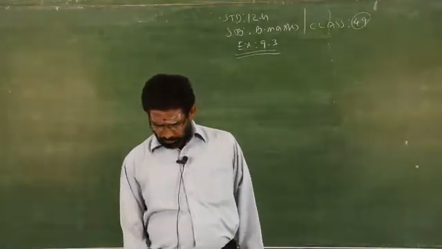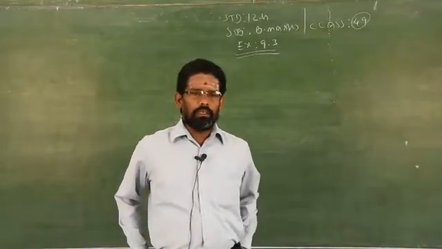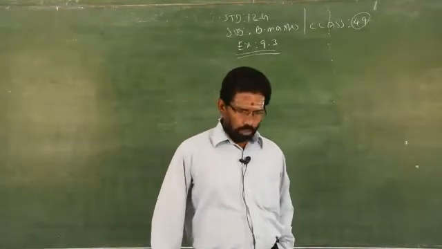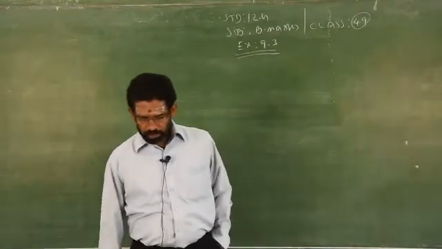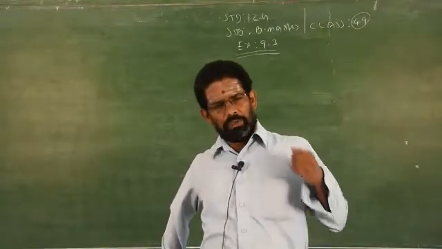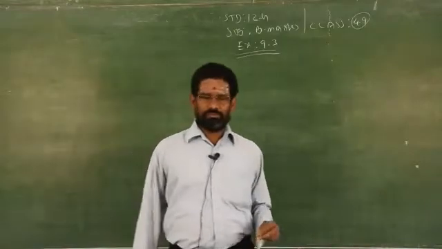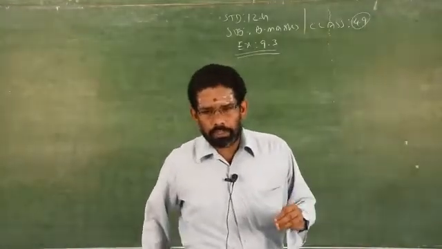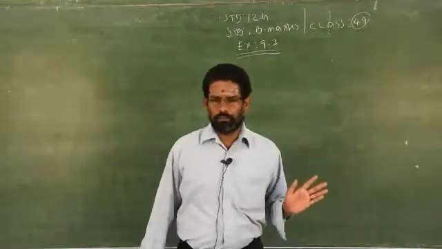For defectives, we have two types of chances. What are the situations in which defectives occur in the manufacturing process? There are two cases. One is chance causes or random causes. What is meant by chance or random causes? It is natural calamities. The defective should not be caused by a human being. It is beyond the level of human control.